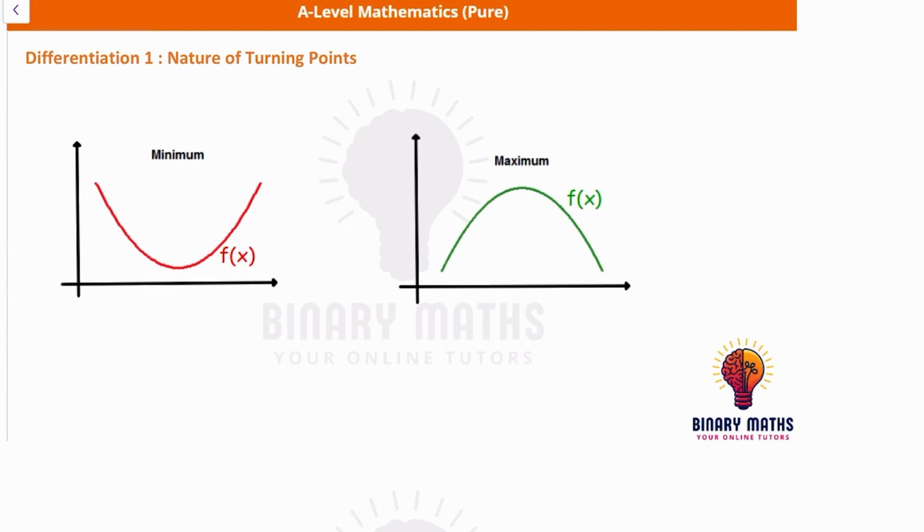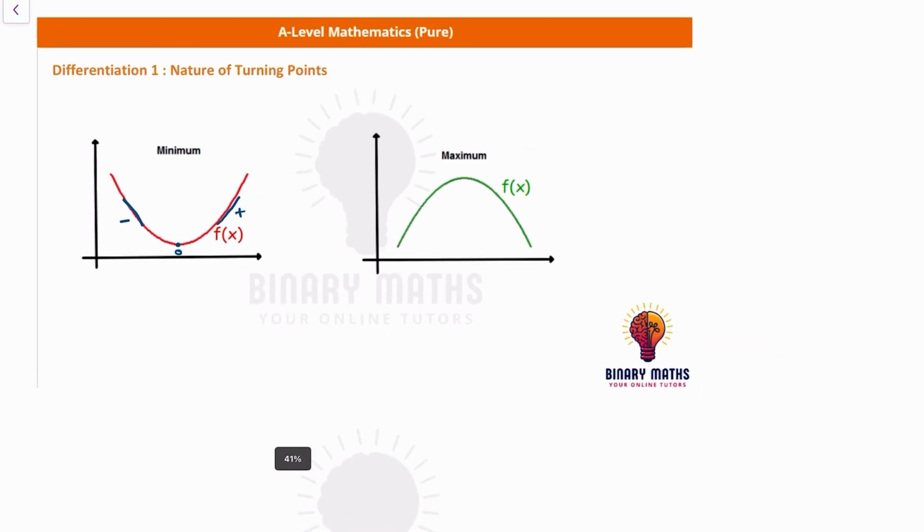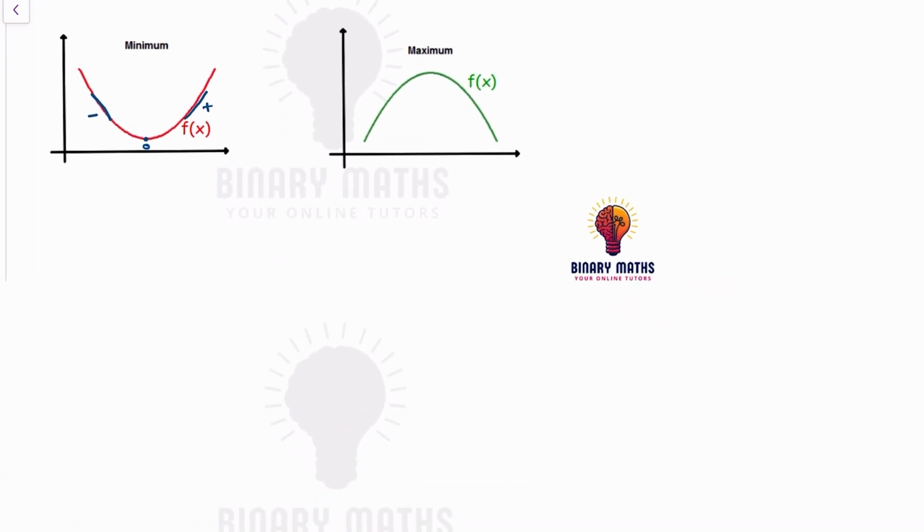So if we have this, which is the minimum point, somewhere here, then we know the gradient at the start of this curve is negative. At the minimum point it is 0. And then on the right hand side, straight after where it goes 0, it is positive. So if we were to draw the gradient function,